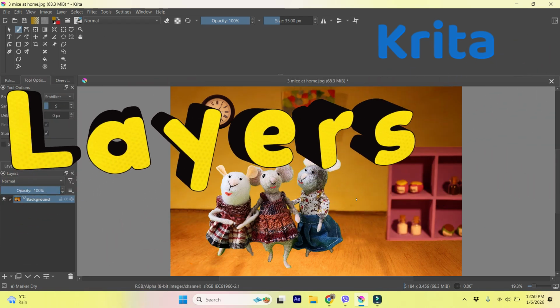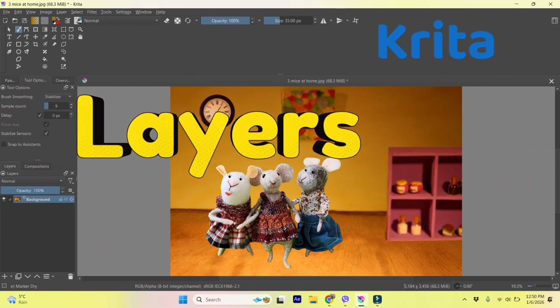Hi dear friends, this is Krita, and let's see today how to create new layers and to delete layers in